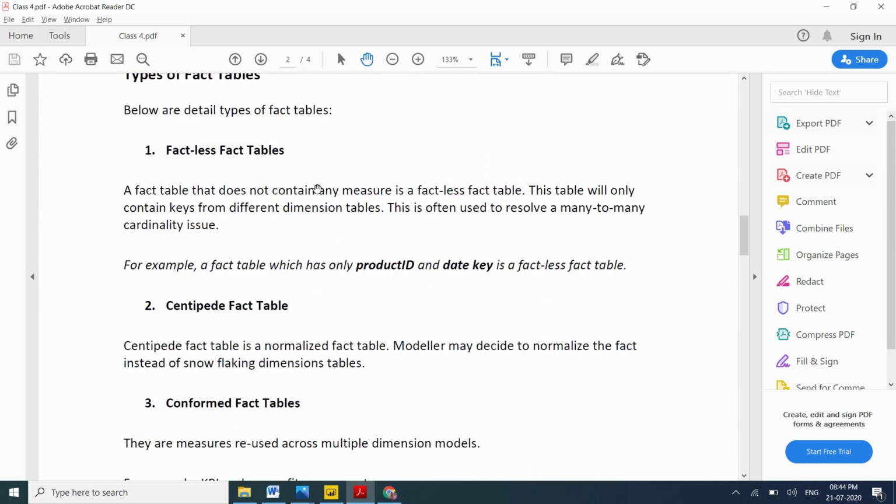First one is the factless fact table. That means a fact table that does not contain any measure is called a factless fact table. This table will only contain keys from different dimension tables. This is often used to resolve many-to-many cardinality issues. For example, a fact table that has only product ID and date key is a factless fact